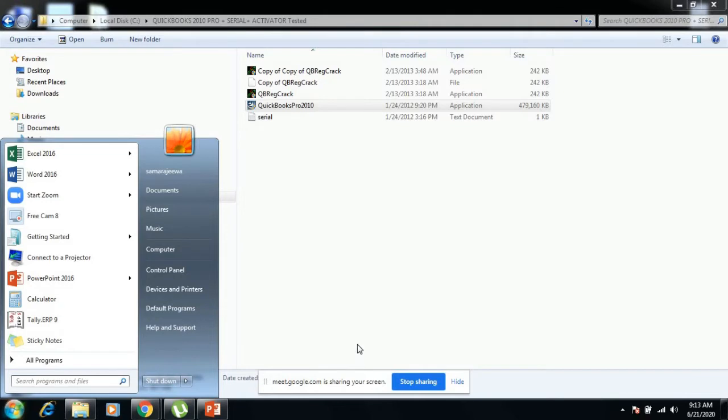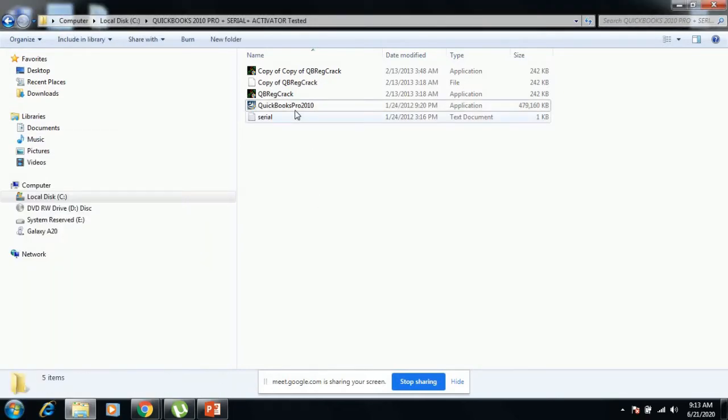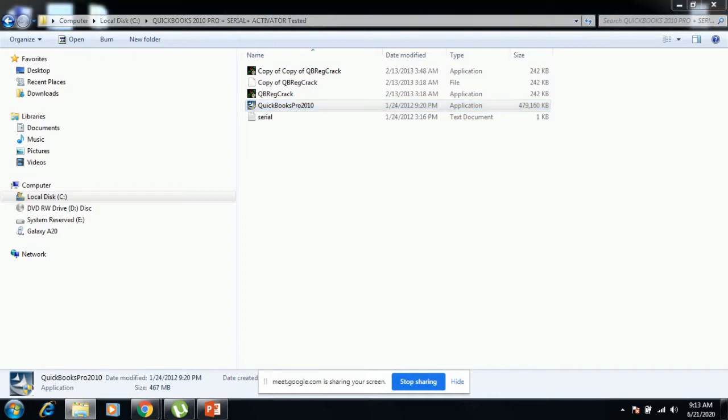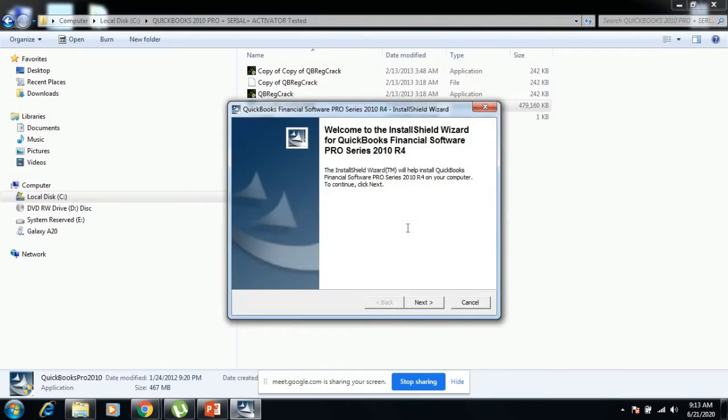Now in your company folder, in your installation folder, you have these files. So select the QuickBooks Pro 2010 file, and to install the application you have to double click on that. It will take some time, and then you can click.